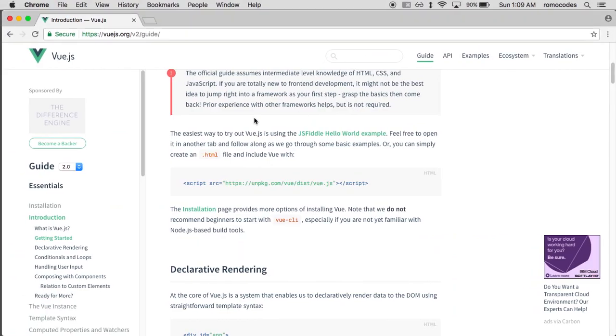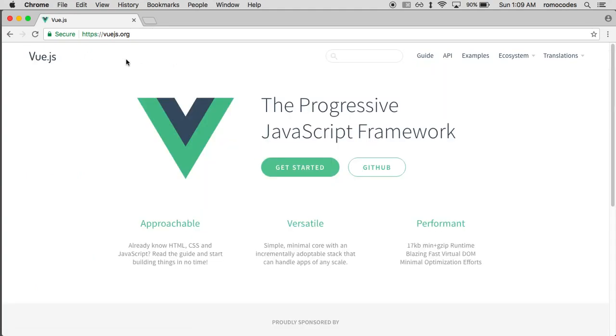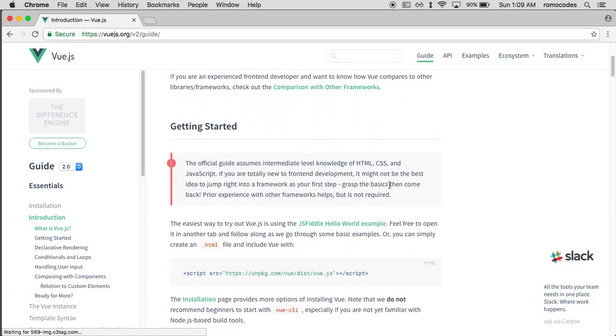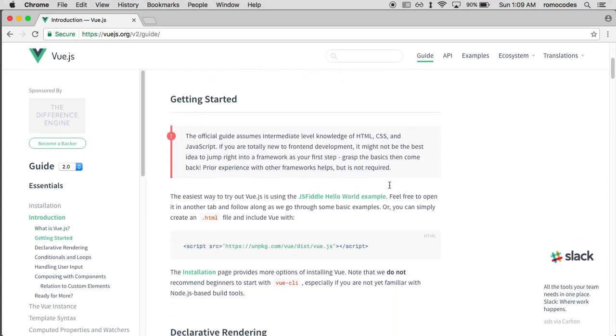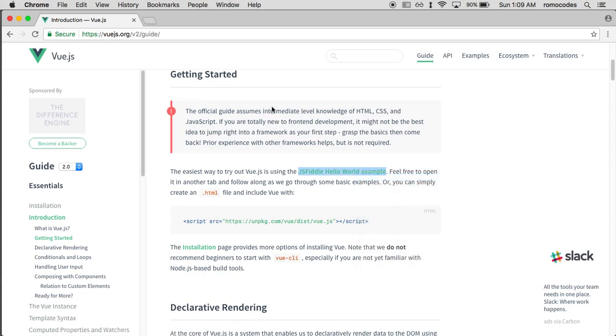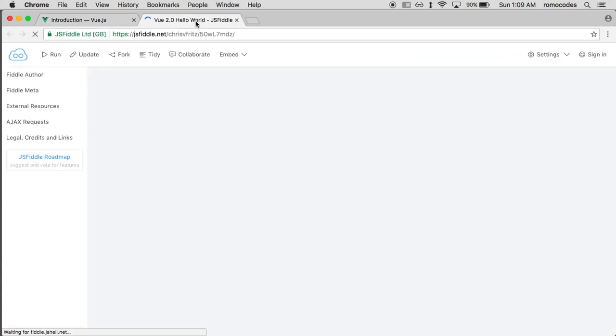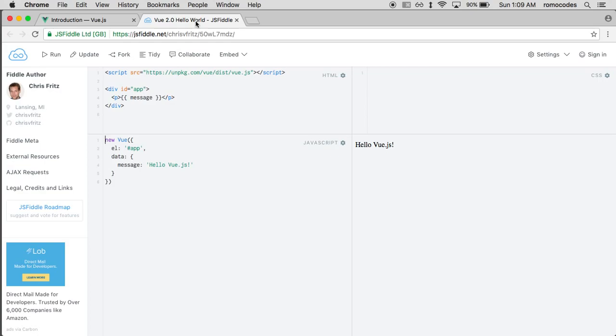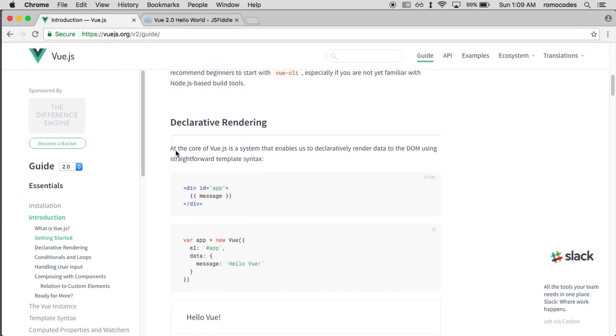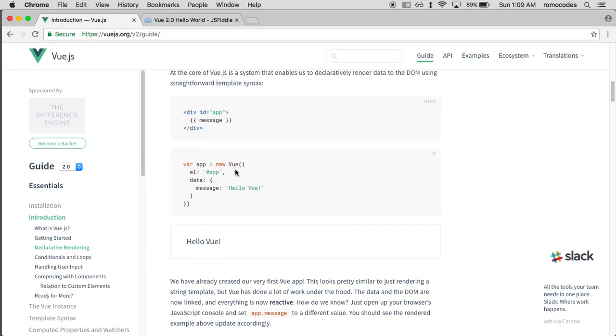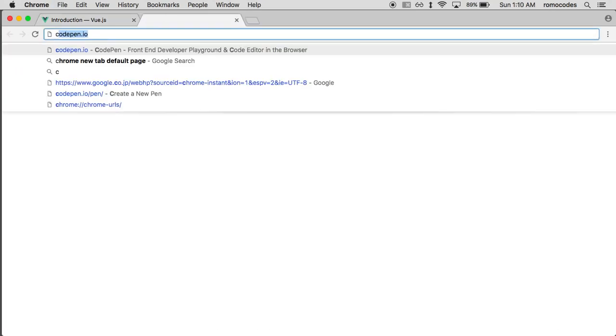So Vue.js, here is their website. Let's start from the very beginning. You can go ahead and go to the Get Started documentation, which is pretty good actually. Now, they already have a JS Fiddle set up, and what I did not like about this was that it was hard to access the console. In many of the quick starts, they mention that you can go to the console and update certain properties and see how that affects the UI, but it's a little annoying to do in JS Fiddle. So this is why I decided to go to CodePen.io,